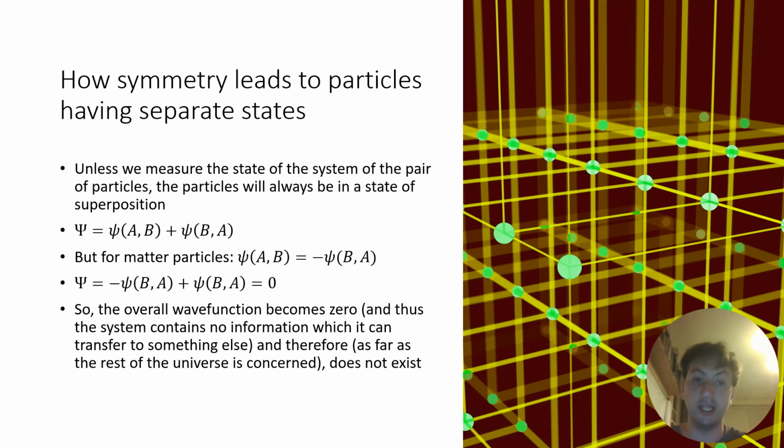And what this means is that there is no information available within the system. And since there's no information, it can't transfer that information to anything else. So as far as the rest of the universe is concerned, it does not exist. Well, I mean, the two particles do not exist. So because of the particles being identical and the anti-symmetric nature of the wave function, the total wave function for that pair of particles is 0,